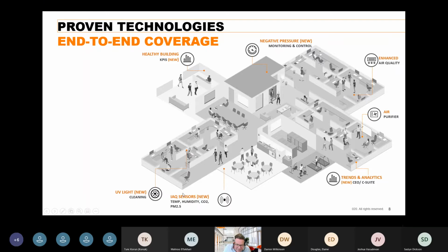So basically, if we can now measure the composition of the air in any area within a building, even if we implemented local air purification or local UV sterilisation systems, or even if we just opened a window, if we can sense what's happening to a finer degree than we ever have done, and then relay that information back into our supervisor software, we can start to do some useful analytics and useful information sharing with our system that already